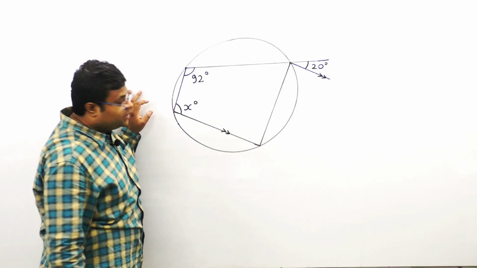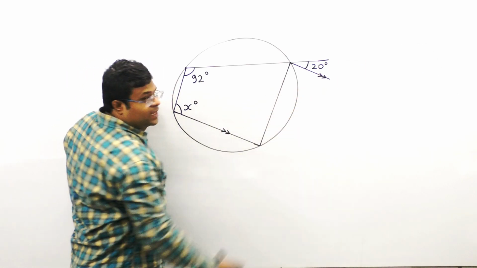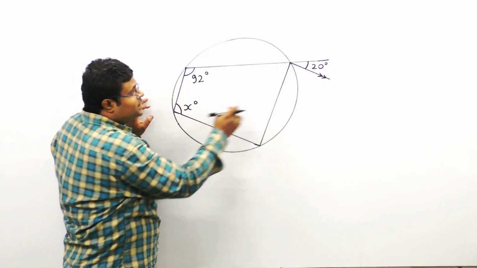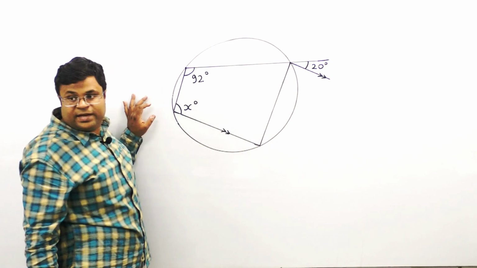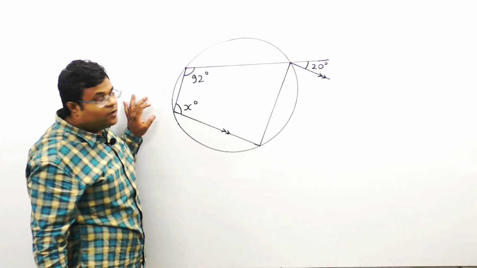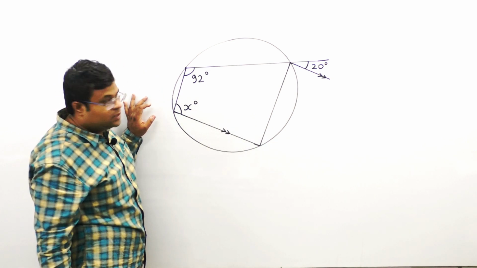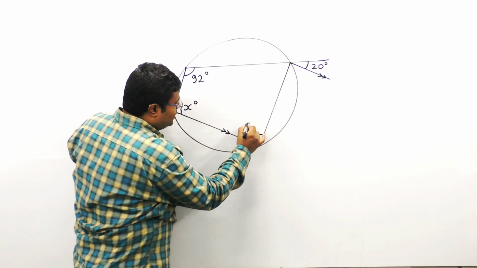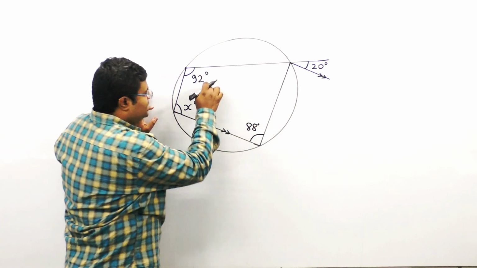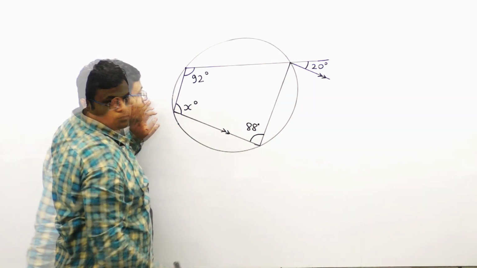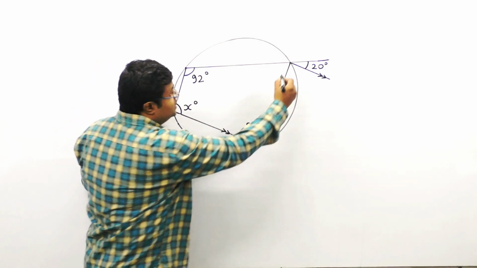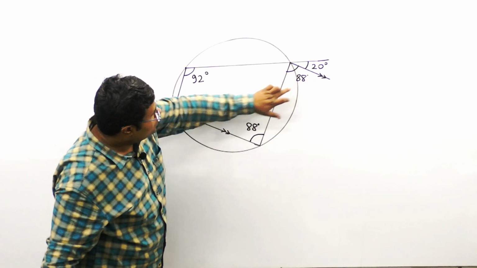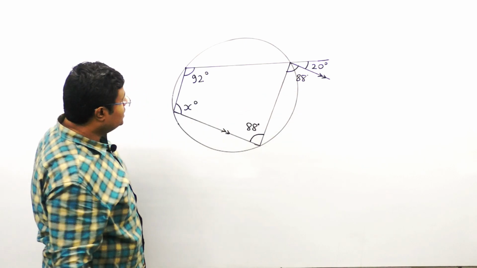Now you know in this question they have mentioned that this line and this line are parallel. This is 92, we want to find x, and that small angle between is 20 degrees. Following or not? Okay, now this is 92 degrees. This angle will be 88 degrees. Why? Cyclic quadrilateral. If this angle is 88, this is also going to be 88 degrees. Why? Alternate angles. Yes or no?